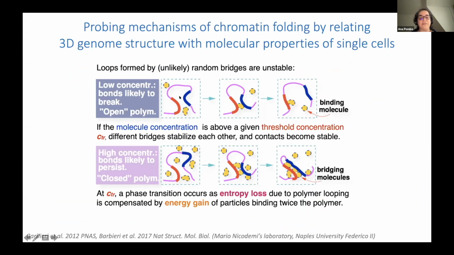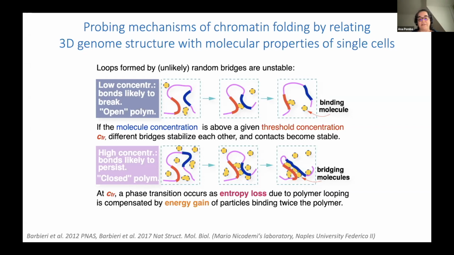We can control folding of polymers, in particular chromatin, for example, by increasing the concentration of factors, which even though they're coming in and out, are highly dynamic because there are so many of them. If one binds, when that one leaves, another one has bound. The structure is not the same, but it's kept by this process of continuous binding and preservation of the structure. This could also be done by altering the number of binding sites within the region of contact, or by changing the affinity, for example, the histone marks.